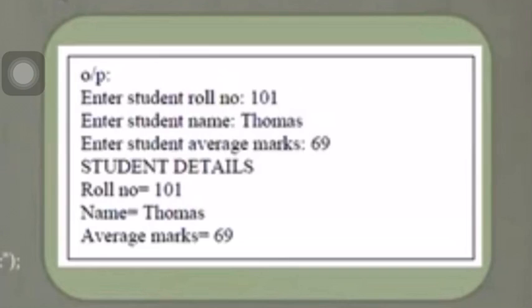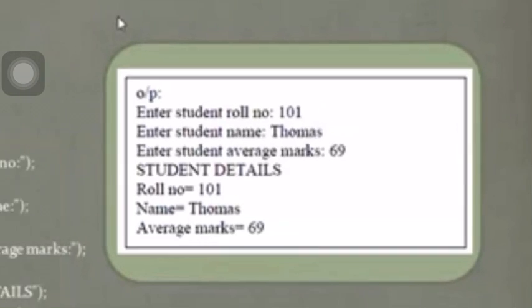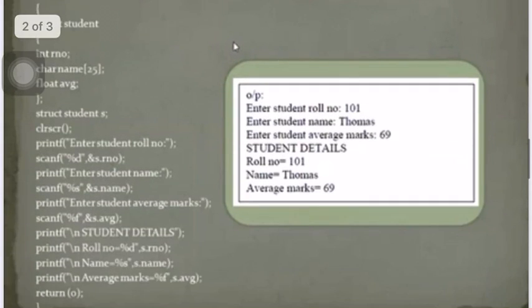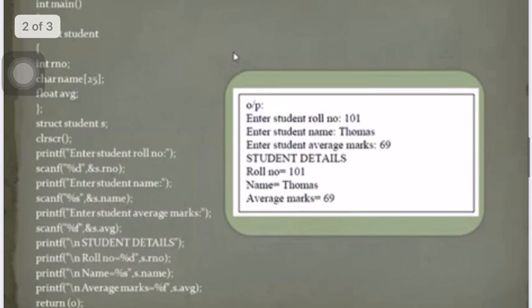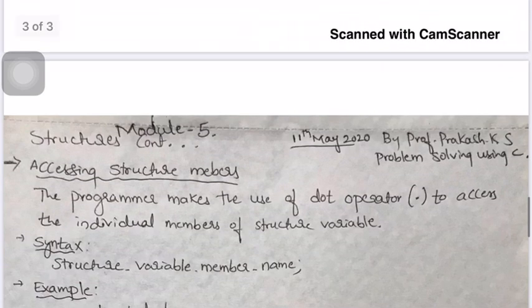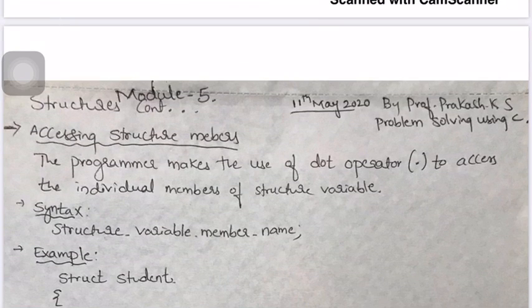like below, using the printf statement also. That is student details: roll number is equal to 101, name is equal to Thomas, average marks equal to 69. This is an example for the runtime. So, this is what we have studied up to last class, and today we will be continuing with the